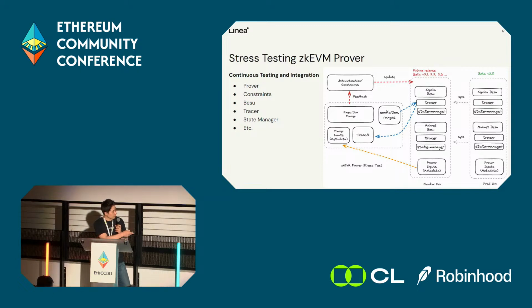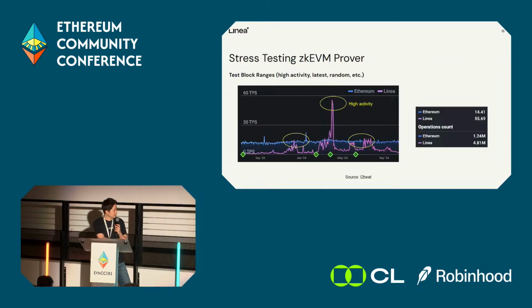And whenever you can send a request to the tracer from the shadow environment, and then you will get a trace for a specific version of a release, so that you can run this prover with these traces and with this specific version of constraints. So when you find these errors or some problems, we send this feedback to the arithmetization or constraints team or Besu team, depending on the errors, and then we make an update and we redeploy the shadow environment again, and we keep working on the test.